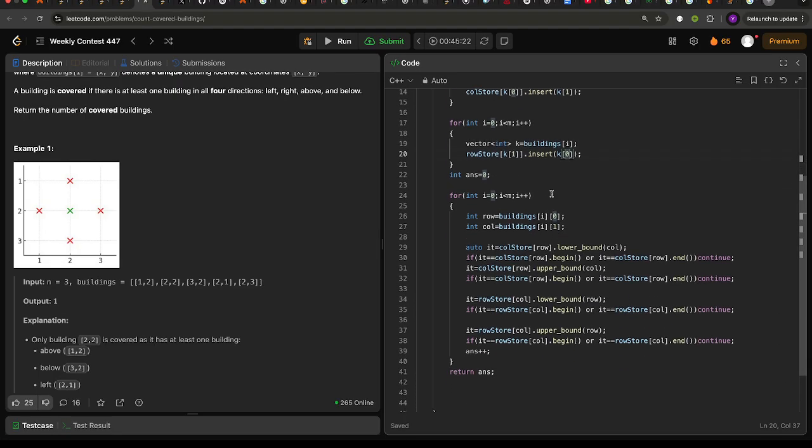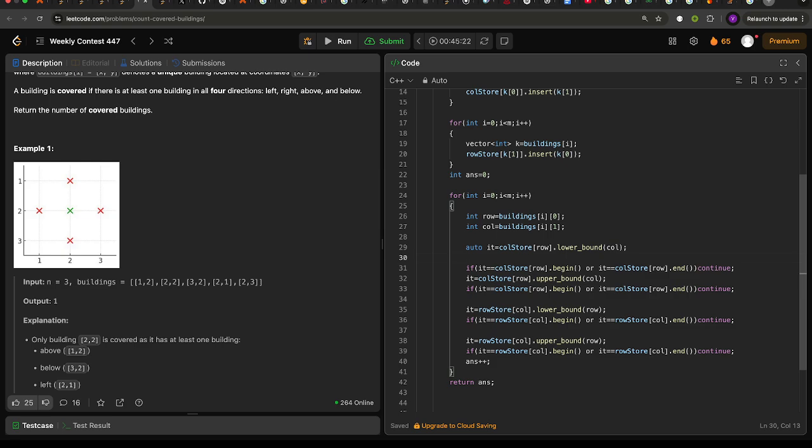Then I am iterating over all the buildings, where row equals building[i][0] and column equals building[i][1]. Then I am trying to find the lower bound for this row and this column.